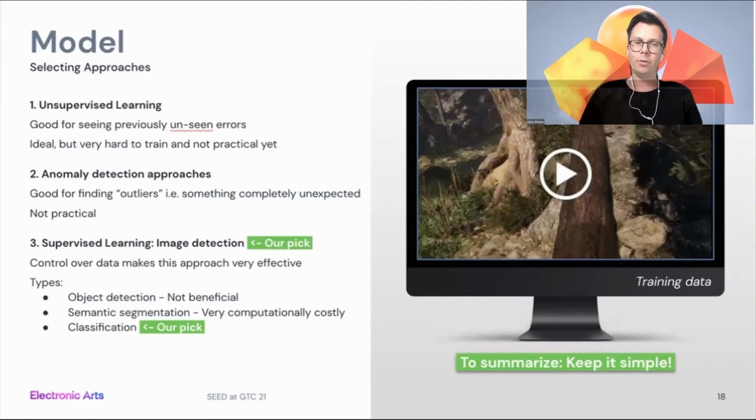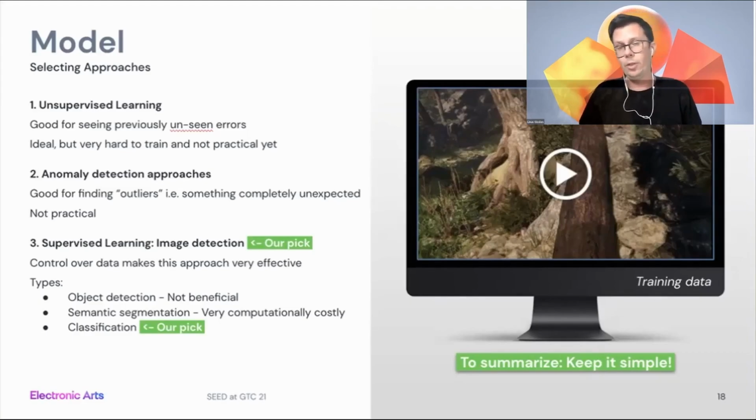So we went for supervised learning, and of its different subsets, there is object detection. We didn't find any real benefit of that, because we can control the camera, so we know where the objects are. Segmentation was interesting, so you can point out in which part of the image you had your graphical issue.